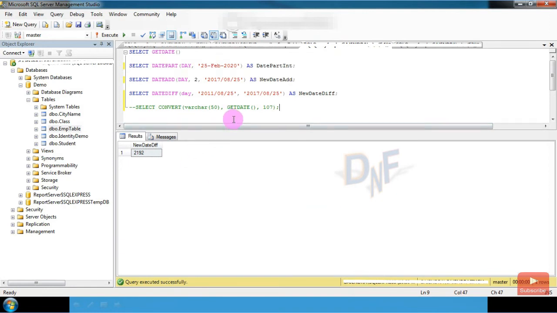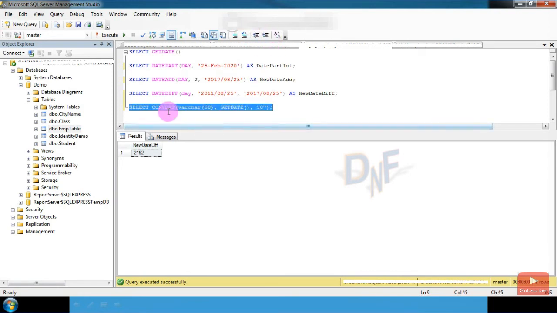Basically, SQL Server provides date functions to make your date calculation easier. Most of the time in SQL reporting, date is a very important factor. Whenever we capture or display data in our front end, date is important most of the time. So SQL Server provides different types of date functions to make your calculations easier.